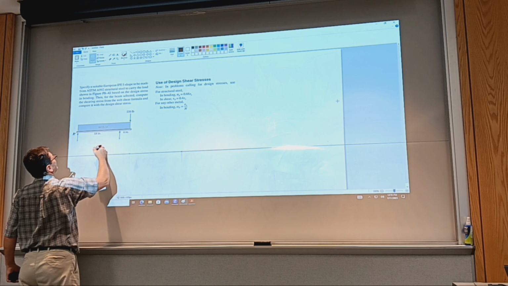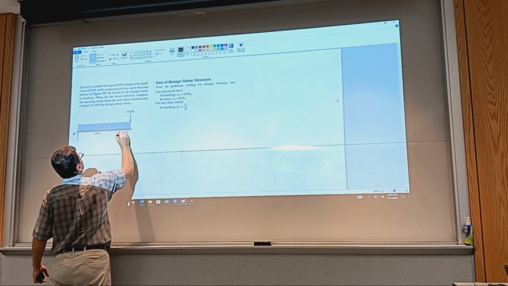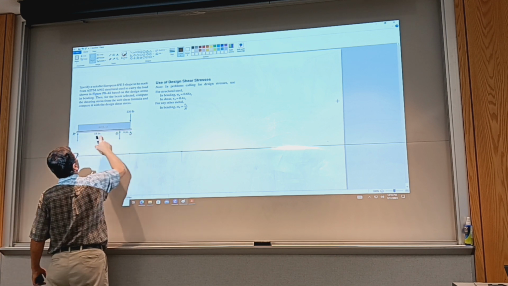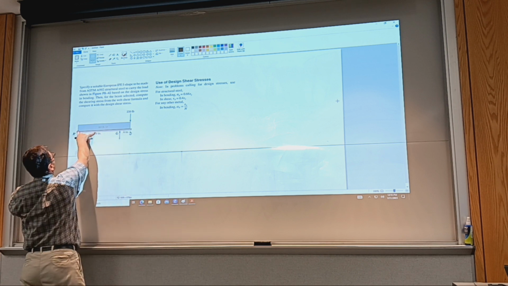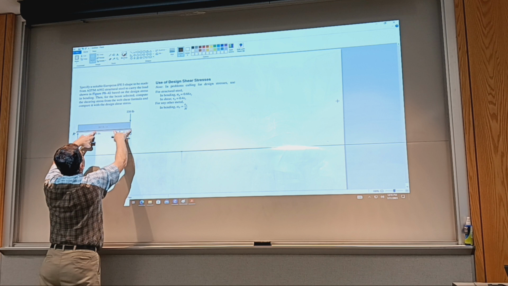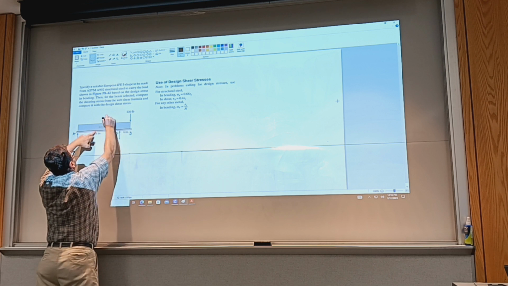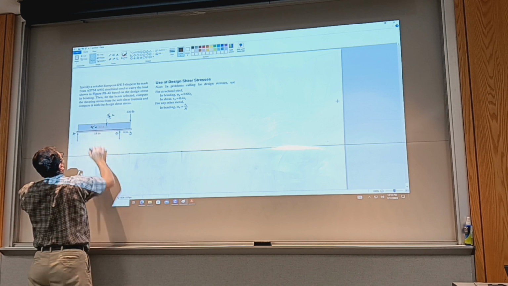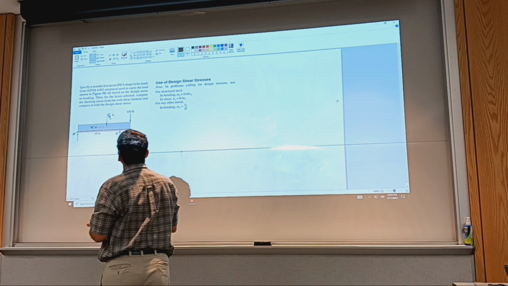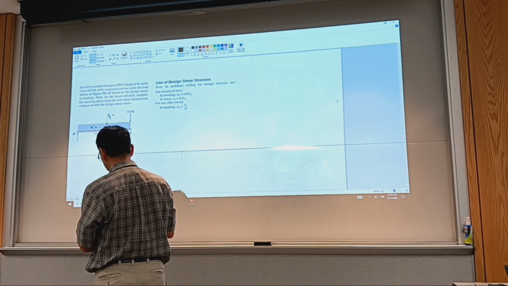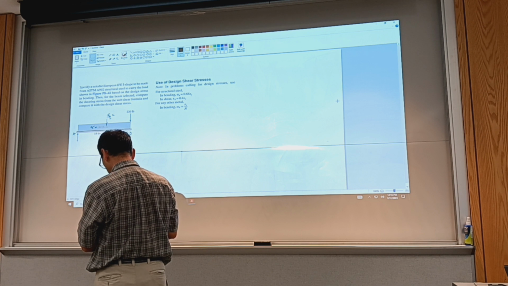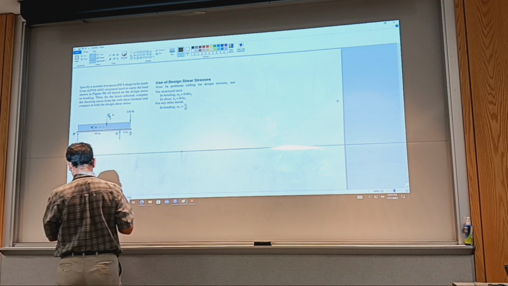So I have point A, this is point C, point D. I kept B for the middle of this. So the middle, this is F equivalent of W. It's going to be 80 times 22. 18 plus 4 is 22, so 22 times 80 equals 1760